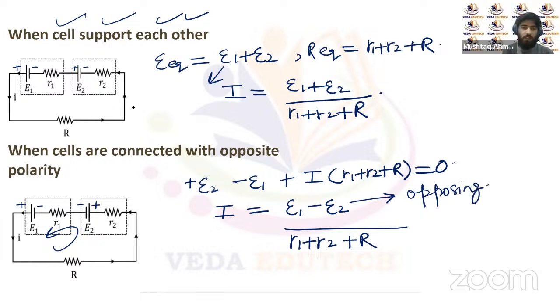Here in this case, the current will be more, because in this case, the two EMFs are supporting each other. But in these two cases, the two EMFs are not supporting each other. They are with opposite polarity, right? So that's why we say here the current is E1 plus E2. Here the current will be E1 minus E2 upon R equivalent, right? So that's the total current. That's the two cases here when the two cells actually support each other and the two cells oppose each other,